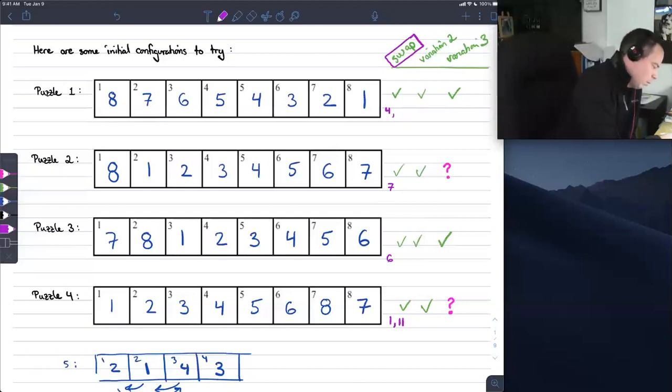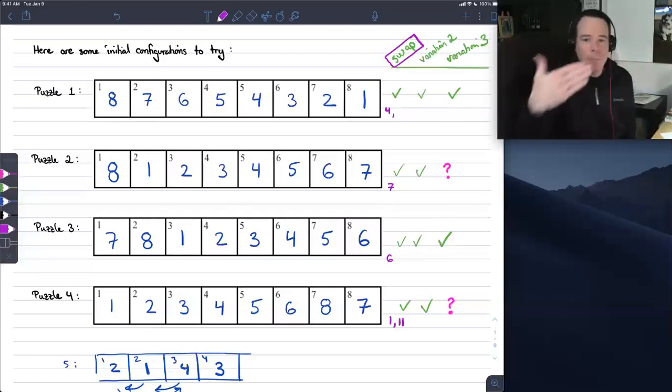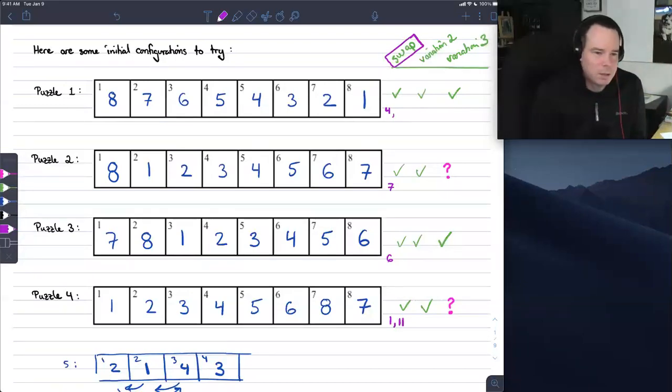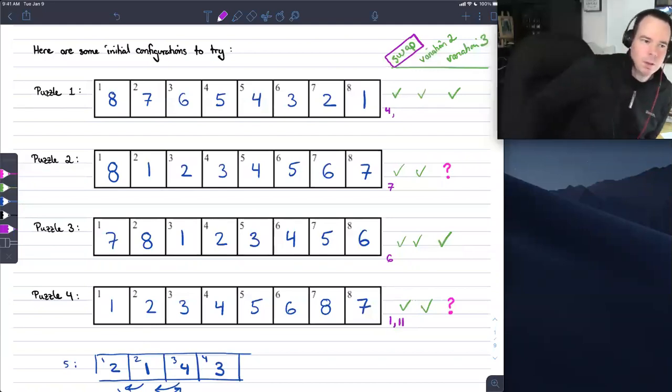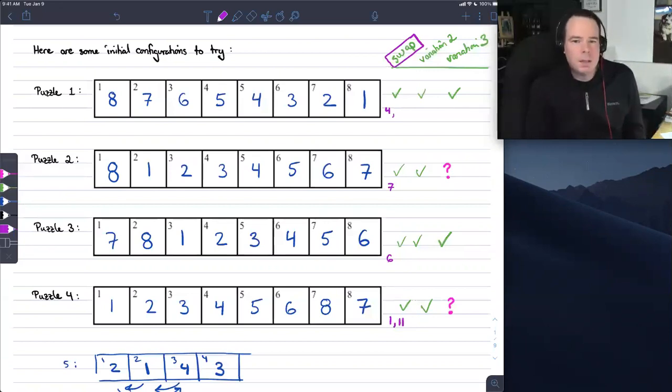But the point is that whenever I've got a solution, I can always do 2 extra moves. So swap 1 and then swap them back, and always bump up my number of moves by 2 and still have a solution because I just swap back. So I can always add 2 extra moves or an even number of moves and still have a solution. So this explains why if I had a solution using 7, I could also get one that involved 9 or 11 moves or 13 moves. I just keep doing the ridiculous thing of swap 2, swap them back. So I insert 2 extra moves that really undo each other. Okay, so